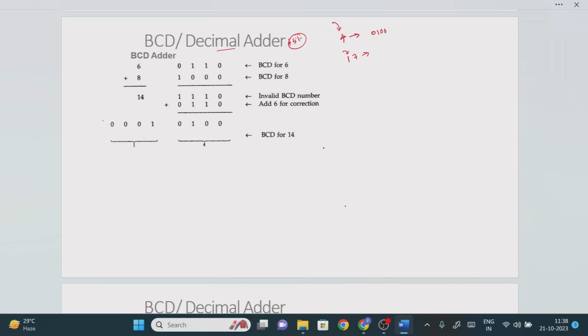For example, if the value is 17, how do we represent it? Each digit in the decimal number can be represented by a 4-bit binary number. Remember, the BCD number system is applicable only for decimal digits, that is, only 0 to 9. This is the most important point to remember. So what is the BCD for 17? For 1, the 4-bit number is 0 0 0 1. For 7, it is 0 1 1 1.